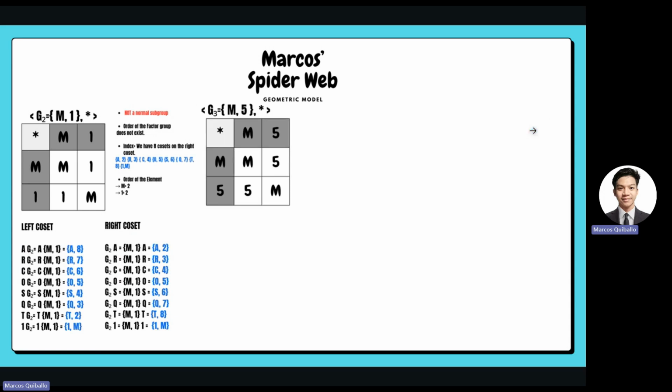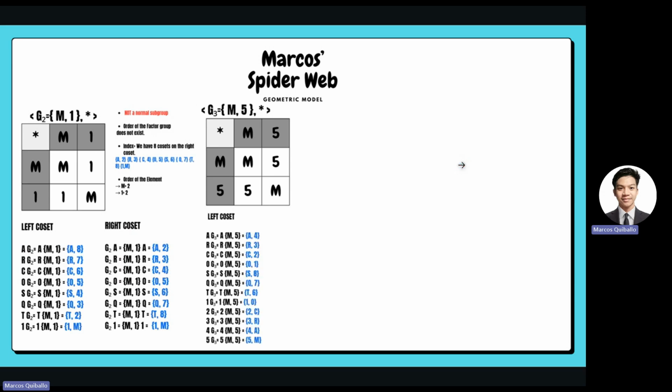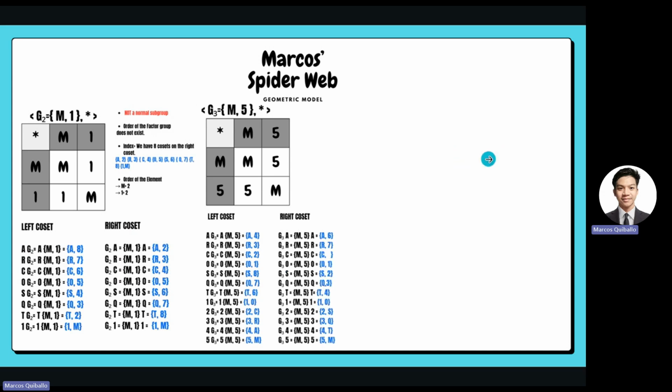So here we have G sub 3, which has two elements, which are M and 5. So this is for the left coset of our G sub 3, and this is for the right coset of our G sub 3. And as you can see here, the left coset is not equal to the right coset, as shown by a counterexample, the set containing